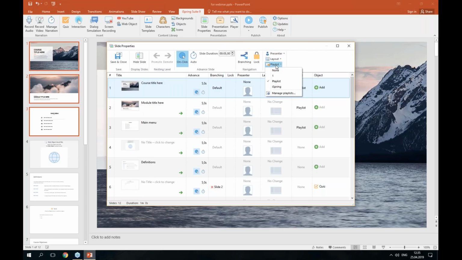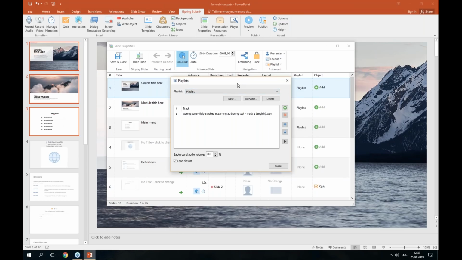click on Playlist, and select Manage Playlists option. Here, I need to add a new playlist, and to do so, I click on where it says New. Now, I will give our playlist a name. So let's say playlist number 1. Okay. Oh, sorry. Wait for the typo. Click OK. And now to add audio tracks to it, I need to click on the plus and select some